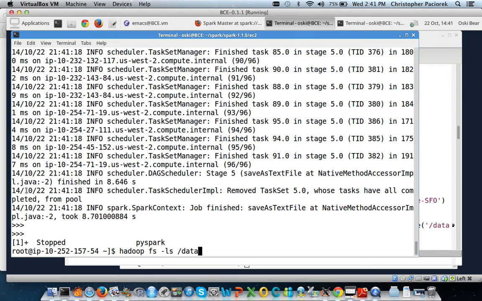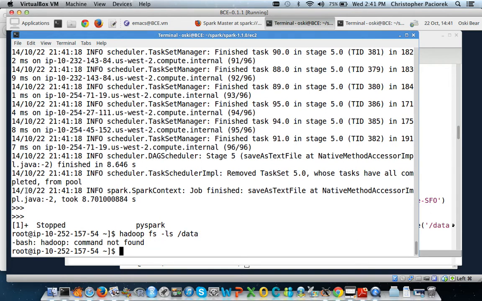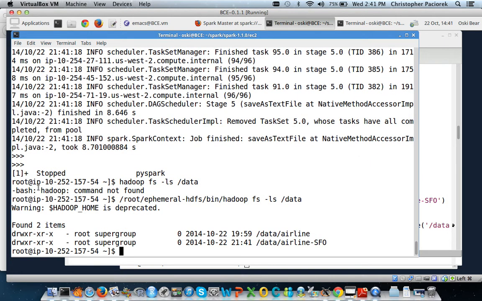Now I'm just going to query from the master. I'm going to query the Hadoop file system and see what things look like, because I want to see if that file of the SFO data has actually gotten written out. It's easiest to just tell it exactly where it is. Root ephemeral bin. Okay, it looks like there's a directory for airline, and there's a directory for airline-SFO, and if we look in airline-SFO,